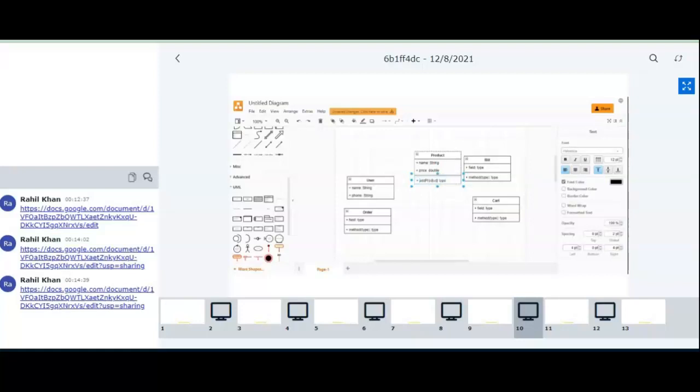add product, and add, delete, and update. Okay, so